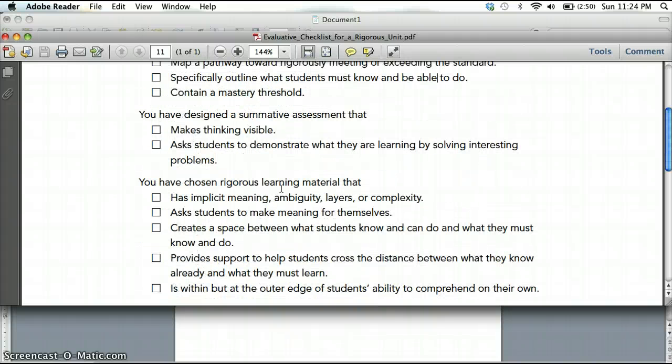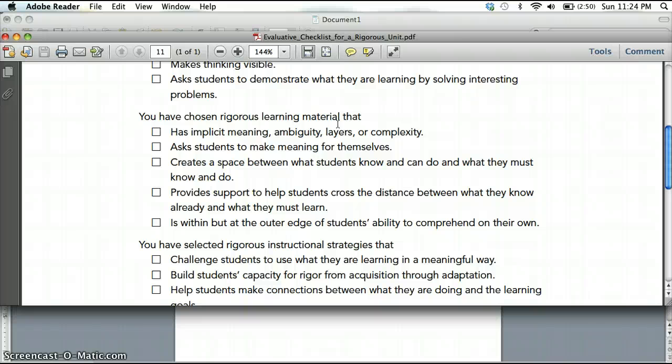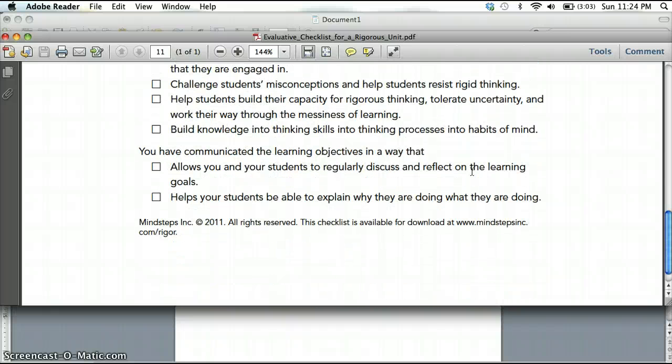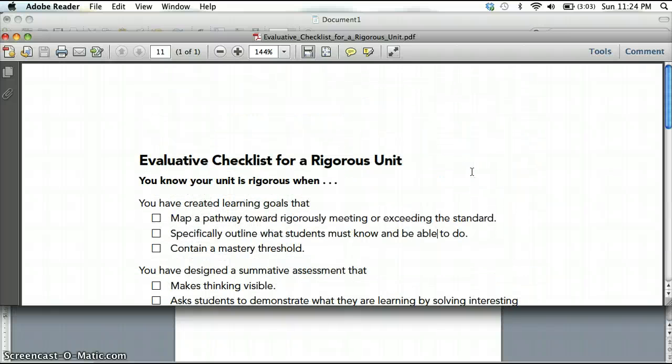You've designed a summative assessment that makes thinking visible, asks students to demonstrate what they are learning by solving interesting problems. So you have to write your summative assessment first. You've chosen rigorous learning material that has implicit meaning, ambiguity, layers, or complexity. You ask students to make meaning for themselves. You have selected rigorous instructional strategies that challenge students to use what they are learning in a meaningful way. So if you can check off all these boxes, you know,